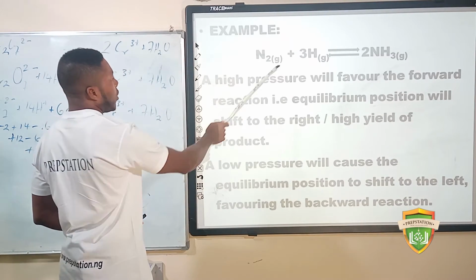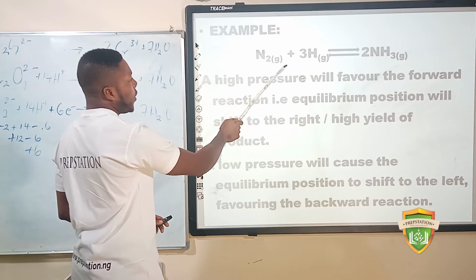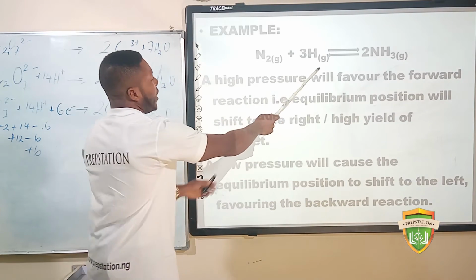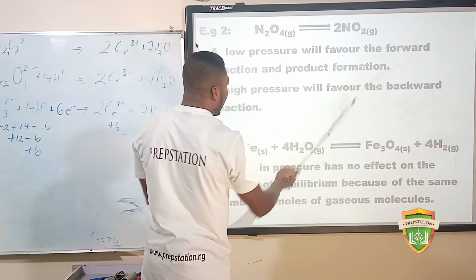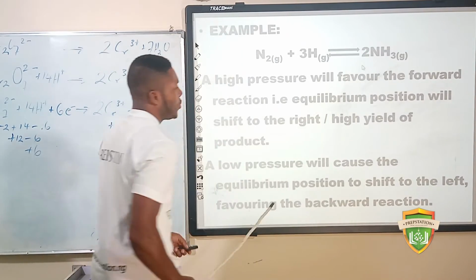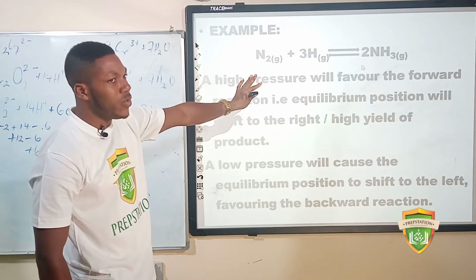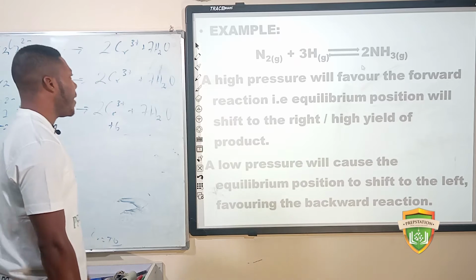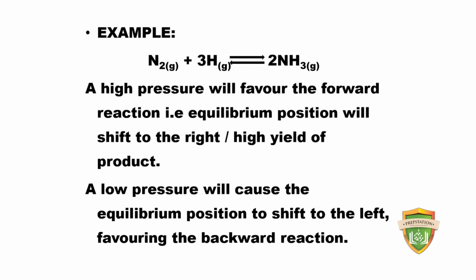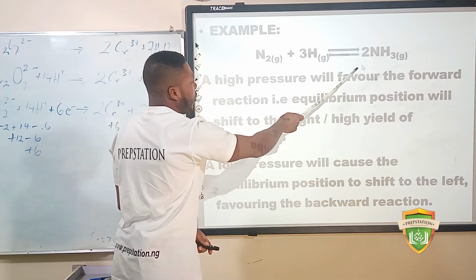This is 1 plus 3 equals 4. So we have 4 moles or 4 volumes at the reactant. We have 2 moles or 2 volumes at the product. So now, pressure can affect this particular chemical equation. How is the effect? A high pressure will favor the forward reaction. Why? Because we have a reduction of